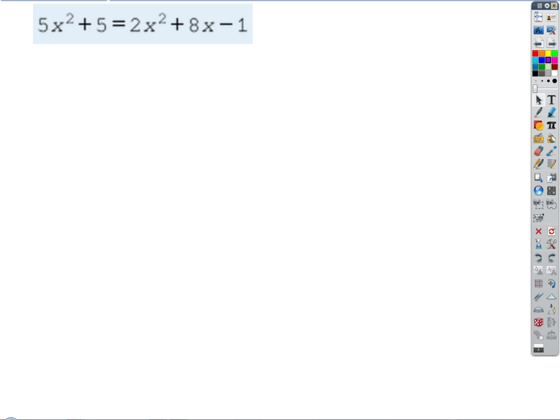Get everything else on one side. Okay, get everything else on one side. And what's the order of the operations we would apply there? Backwards. Good. PEMDAS backwards. We're going to reverse PEMDAS for that. Good. Okay, so